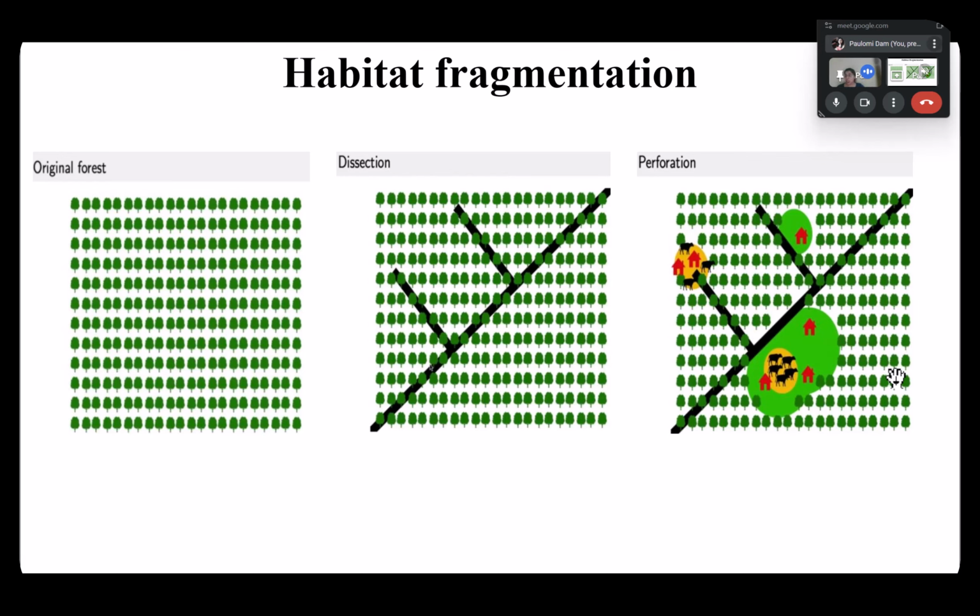So let's try to understand it from these images. The first image here is of an original forest. And what does original forest mean? It basically means that you have many trees lining up beside each other, forming a contiguous landmass, right? Now, how do humans start impacting these forests? They start by first dissecting this forest. And how do you do it? You basically build a road. Let's say here you have built a road in between this forest.